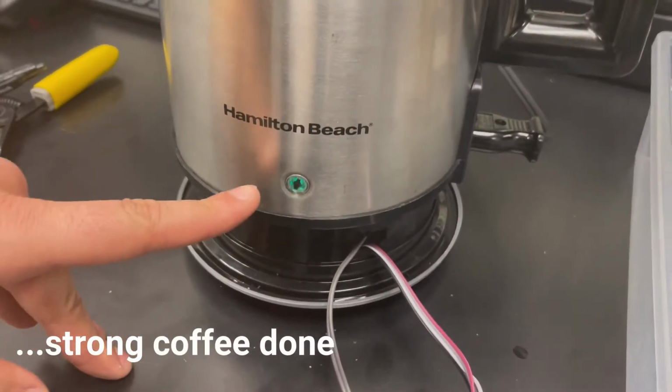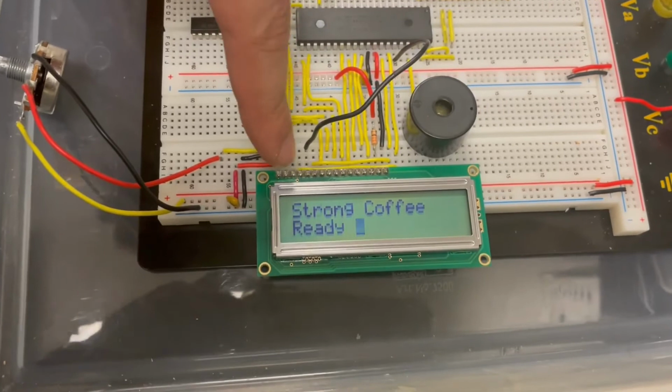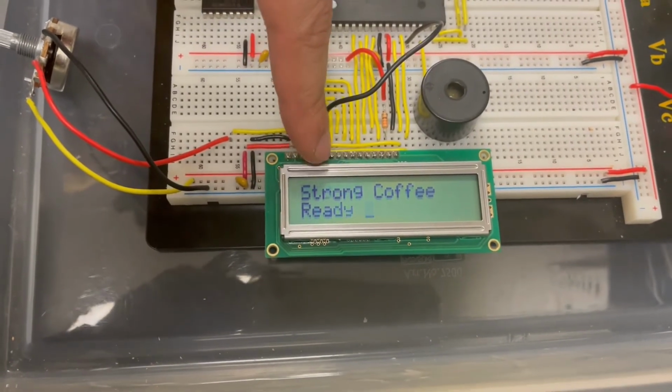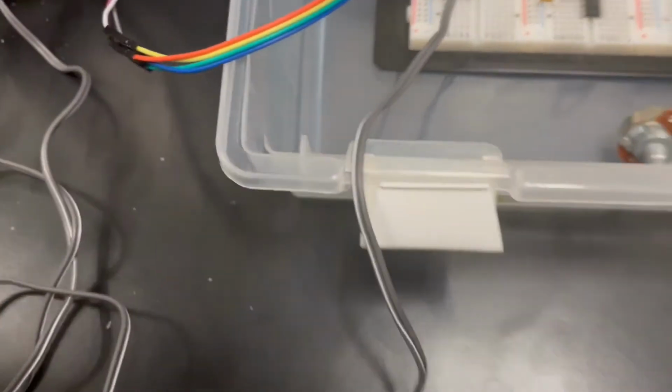As you can see, the green light is back on, the buzzer is on, and we have a message on the LCD which reads strong coffee is ready. Now I'll pour the strong coffee for my